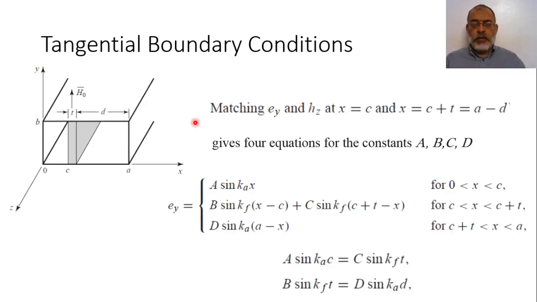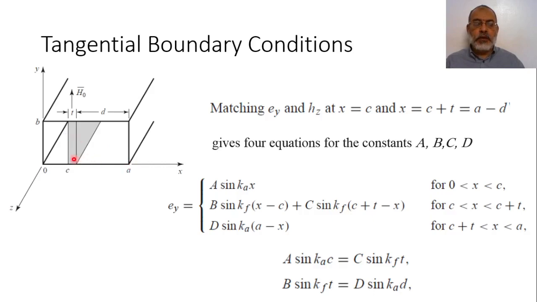Welcome everyone. In the previous video, we presented the formulation for the electric and magnetic fields inside a rectangular waveguide filled with a ferrite slab. This ferrite slab is biased by a magnetic field in the y direction, while the electromagnetic wave propagates inside the waveguide in the z direction. And this formulation ended by formulating the electric field Ey and Hz in terms of four unknowns,